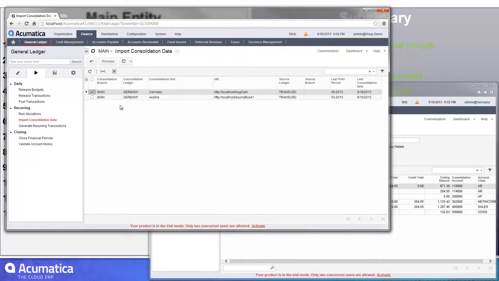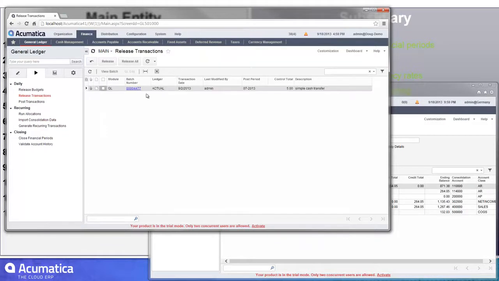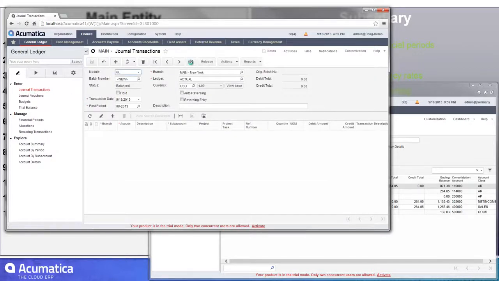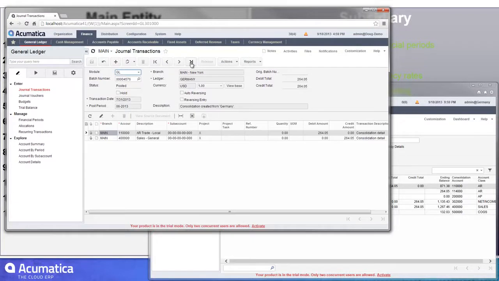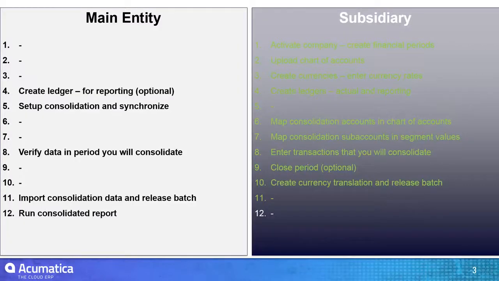Once that was finished processing, it creates a batch transaction that I then have to go release that would appear on this particular screen. And then that batch transaction, you can see, it will actually appear within my journal transactions area. So this is the batch that got created as a result of that. You can see it was in my Germany ledger, which is just a reporting ledger. So the final step is to just go ahead and run the consolidated report to make sure that everything works